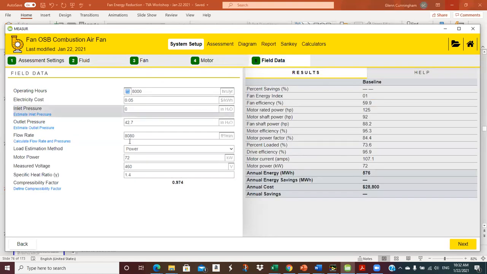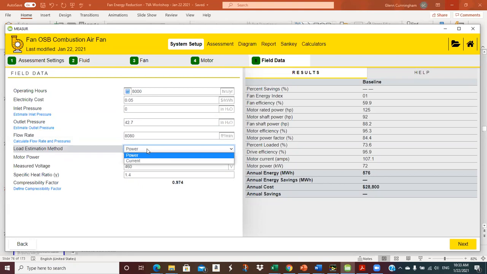And then the field data. So this is, instead of putting in the fraction of the year, you can put in the 8,000 hours. Electrical cost, 5 cents. Inlet pressure, I wanted the 42.7 developed across the fan, so I put in 0 and 42.7. You know, really, this is going to be a negative number, and this is going to be a positive number, and they're going to combine to get 42.7, but for the analysis, it doesn't really matter. 8080 was the CFM. Load estimation was power. If you had current measurements or estimates you could put in. There's my 72 kW, 460 volts, and this thing